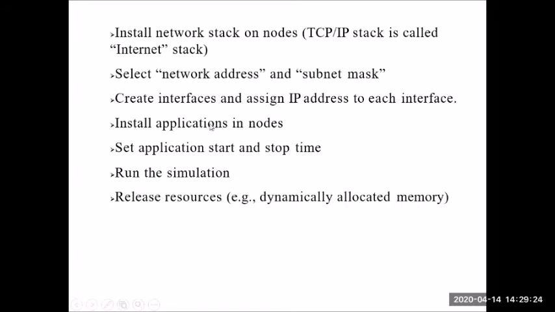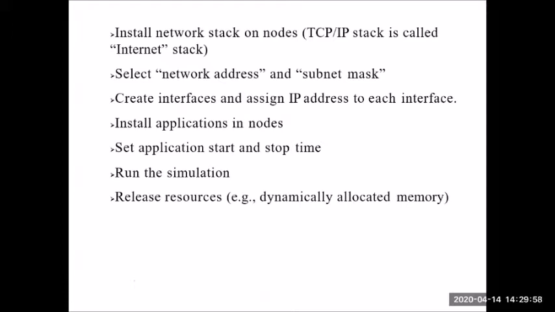Next, we have to install the applications. So what have we done now? We have taken an empty box, the node. Then we have created the channel to help two nodes talk between themselves. Two nodes connect to each other, and we have set the attributes of the channel. In the sense, what type of channel it should be, what type of topology you should use, all that we will choose. So for the channel, we will set all the parameters like bandwidth, queue size, everything.